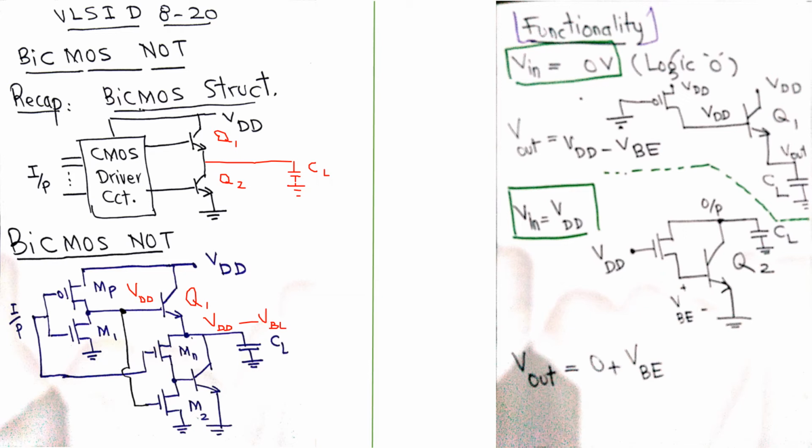So that's great that we get VDD minus VBE here, a voltage that is slightly smaller than the voltage VDD